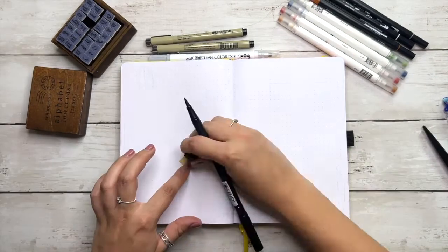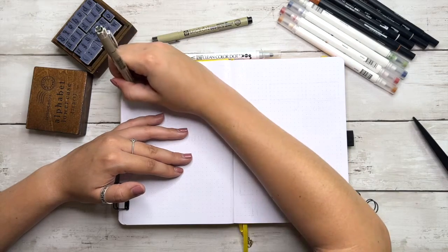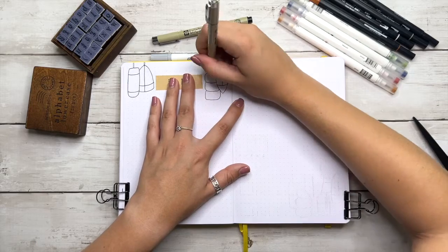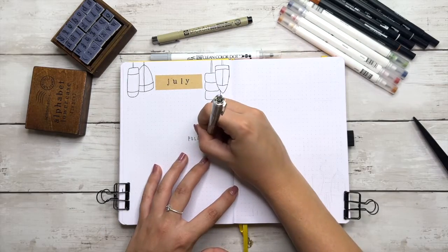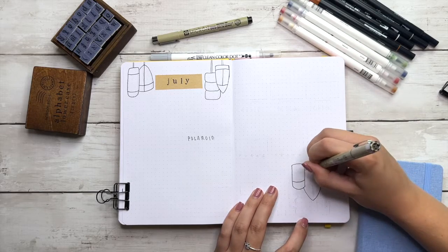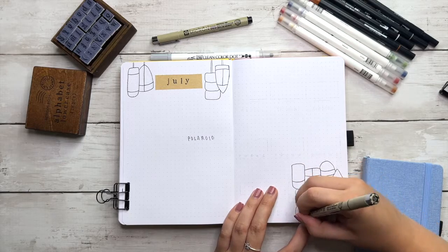We are now entering the last spread of the setup, and this is my July monthly review, which is where I put some things that I'm remembering throughout the month, like some of my favorite highlights in a Polaroid picture. I also have a little section down at the bottom of everything I've been loving throughout the month that's not in the category of reading, watching, or listening to, which are the categories that I have on the right side